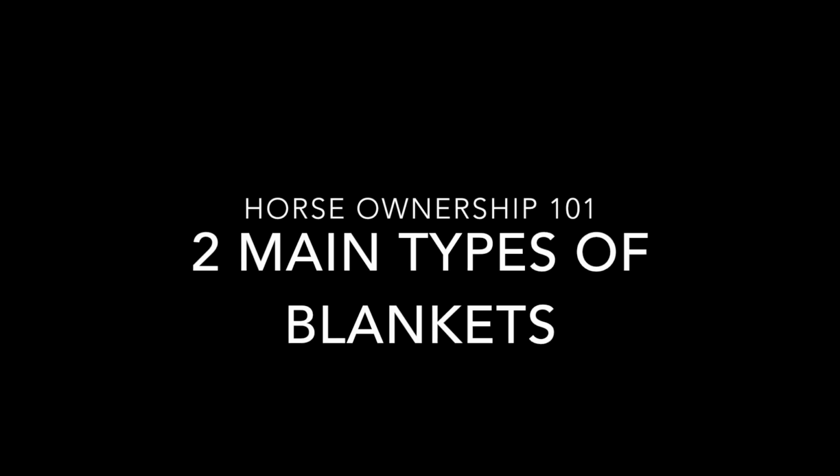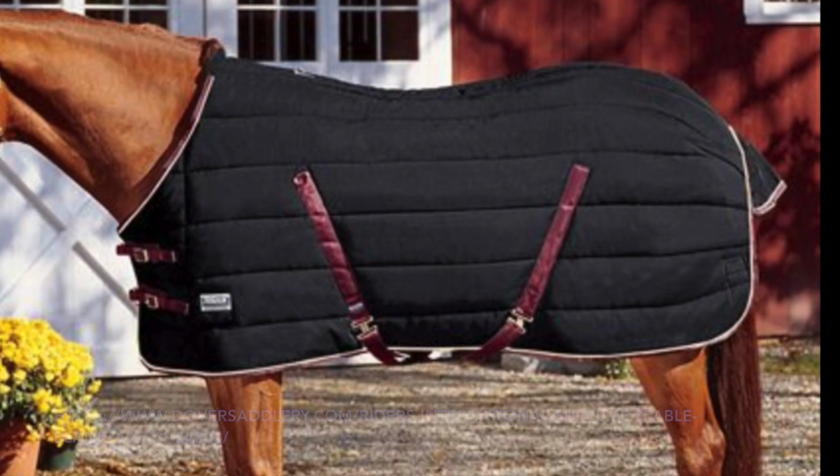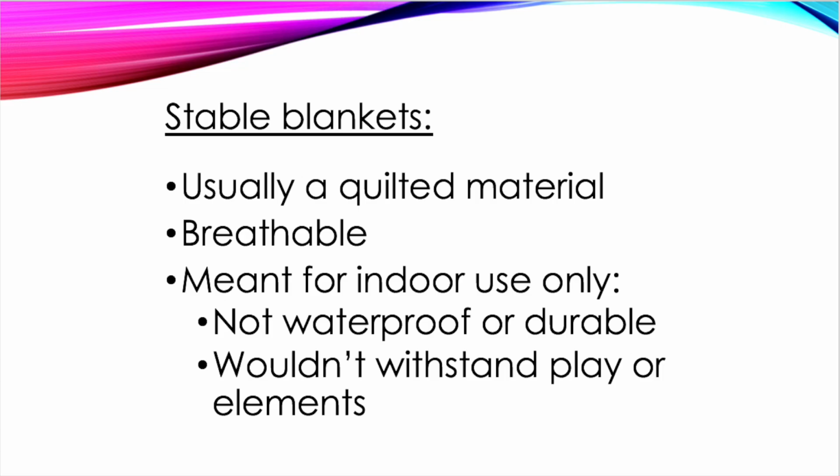Now that you understand your horse's natural ways of staying warm during the winter, we can talk about the different blankets you may need. There are two main categories of blankets, which are turnout blankets and stable blankets. The first one we'll talk about is stable blankets. As you'll see in this example from the Dover website, stable blankets are more of a quilted material. These blankets are not meant to be worn outside. They may be more breathable, but they are not waterproof or durable, and they would not withstand any kind of